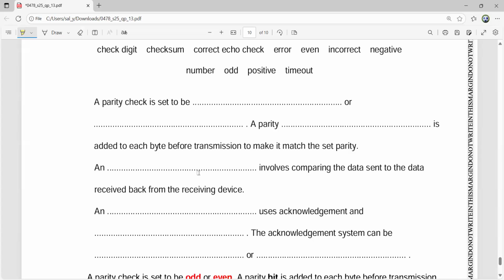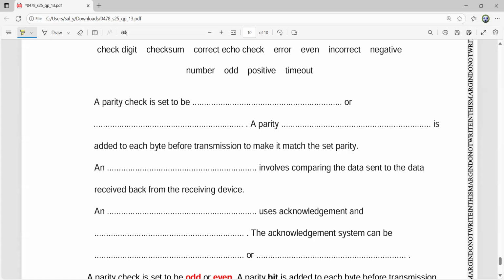A parity check is said to be odd or even. A parity bit is added to each byte before transmission to make it match the set parity. Okay, and the next one is a very clear indication: comparing the data sent to the data received back from the receiving device. So if you recall, which check involves the comparison of the data sent to the data received? It is the echo check.